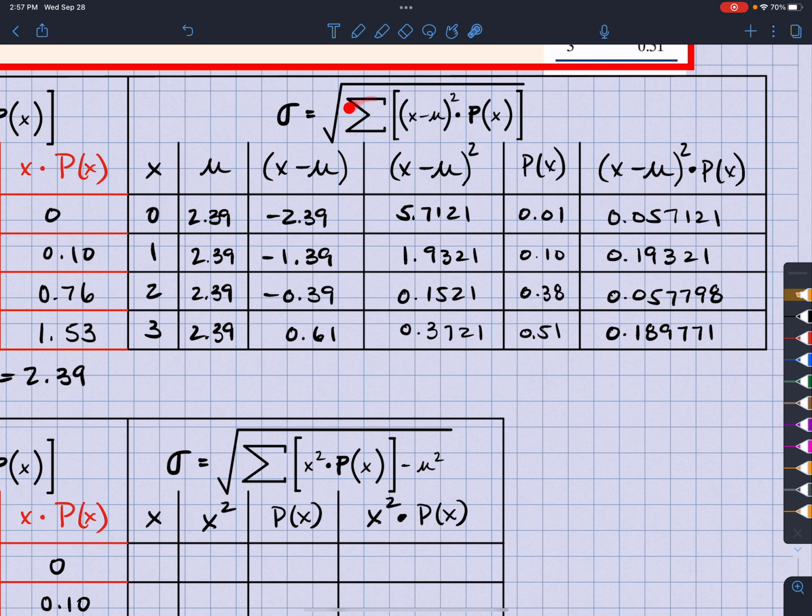Because it's telling me to sum them. So now I'm going to sum that. So add that to 0.19321 plus 0.057798 plus 0.189771, and that's going to equal to